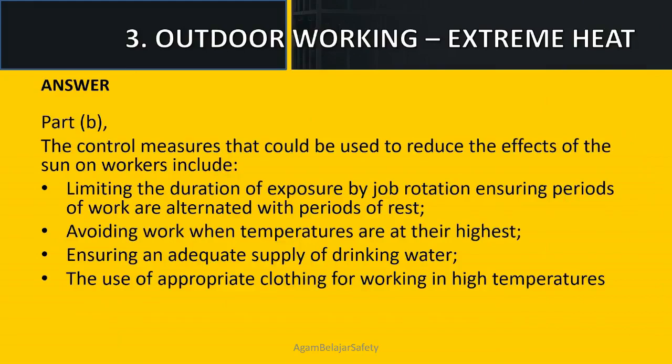Part B. The control measures that could be used to reduce the effects of the sun on workers include limiting the duration of exposure by job rotation, ensuring periods of work are alternated with periods of rest, avoiding work when temperatures are at their highest, ensuring an adequate supply of drinking water, the use of appropriate clothing for working in high temperatures,